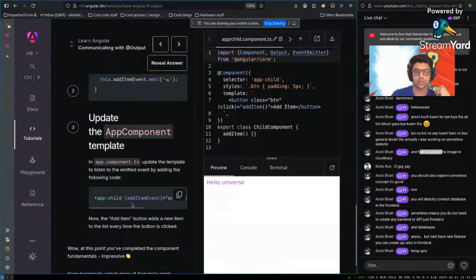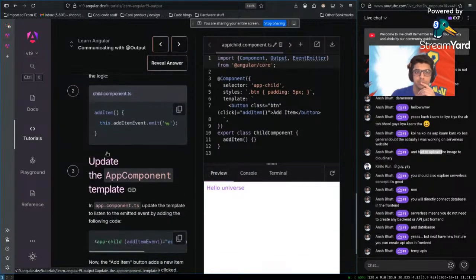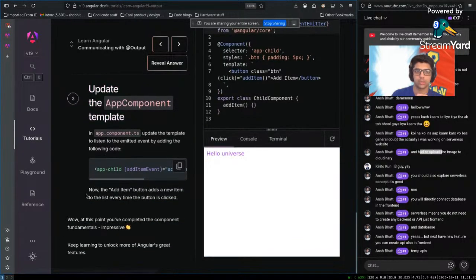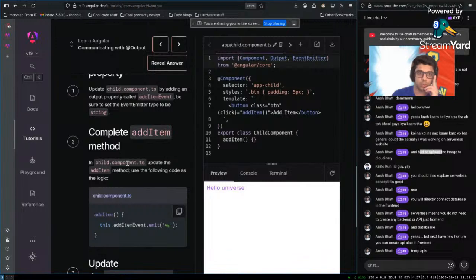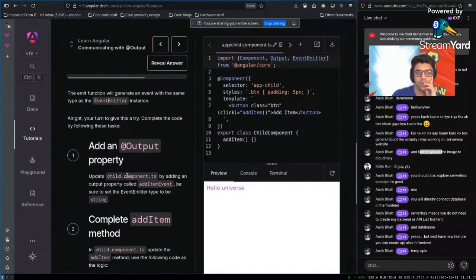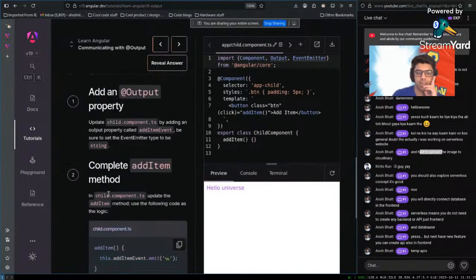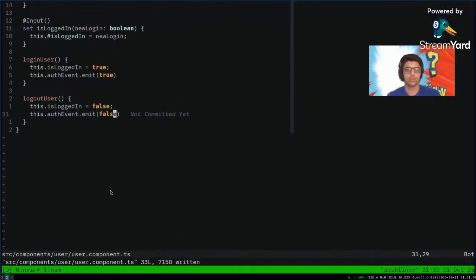But मैं parent में कैसे उसको... तुम्हारा add item तो आ गया, add item event which is add item of event. In the app component, update the template to listen to the event by adding the following code. Interesting. तो ये मैं event का मैं कहाँ पे डाल रहा हूँ? Update adding an output property called add item event. Okay. तो यहाँ पे